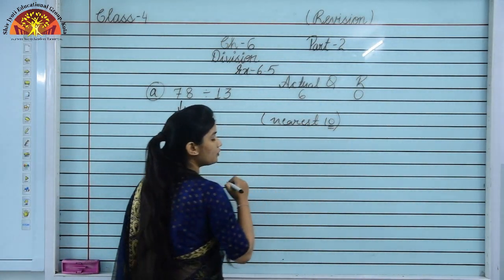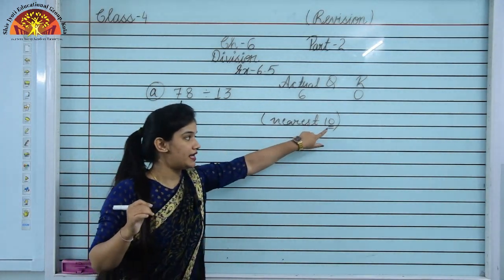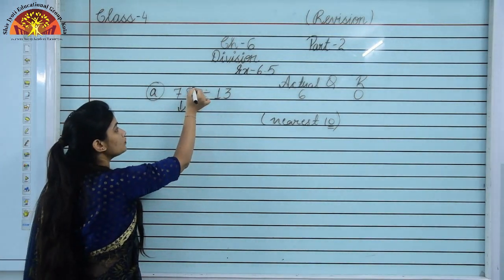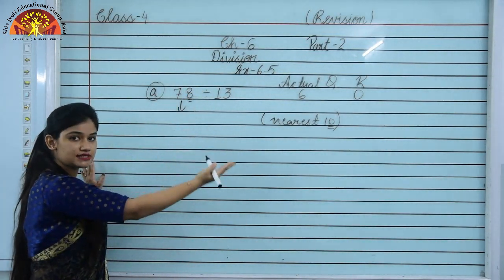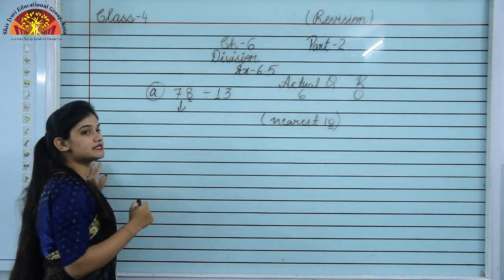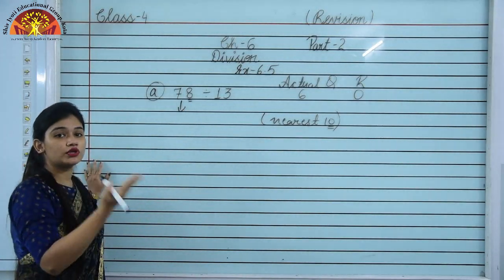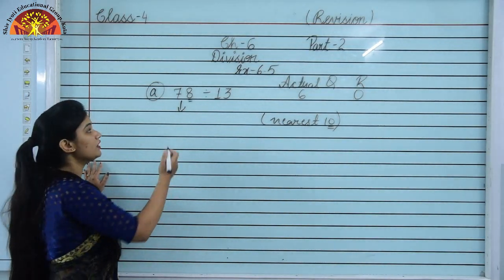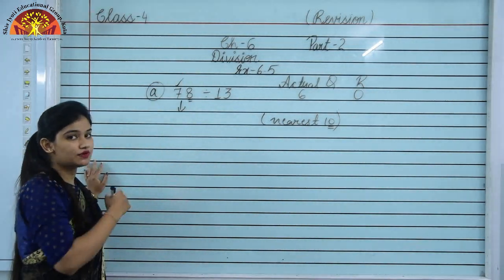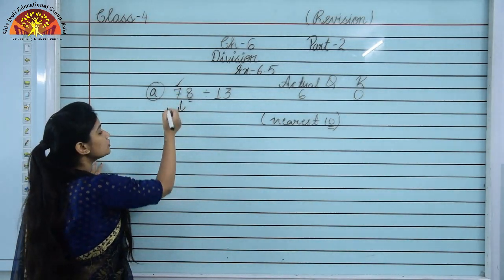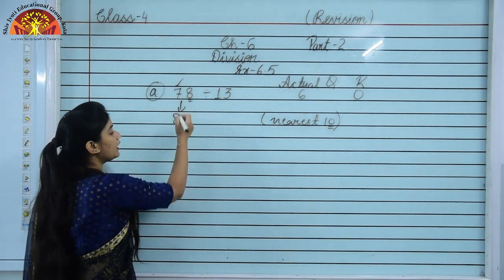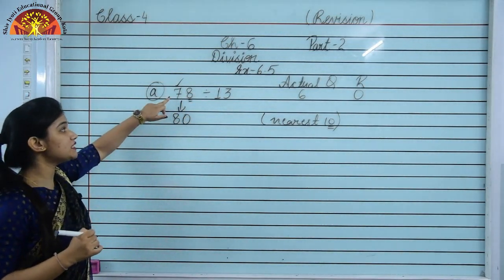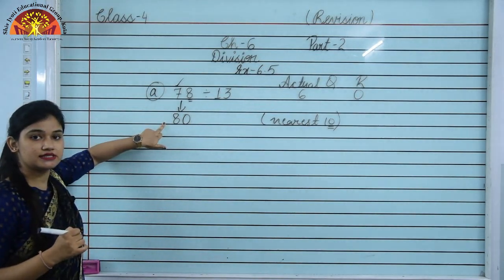So you have to observe the 0 given here. As we can see, there is only 1 0. 1 0 means we have to observe one digit only. Last digit we have to observe. And this digit is 8. And 8 is more than 5. 5 से बड़ा होता है. So whenever we are having 5 or more than 5, we have to increase this number. हम पास वाले number को एक increase कर देते हैं. So this number will become 8 and here we have to put a 0. So 78 round off होके क्या बन जाएगा? 80. Is it clear students?